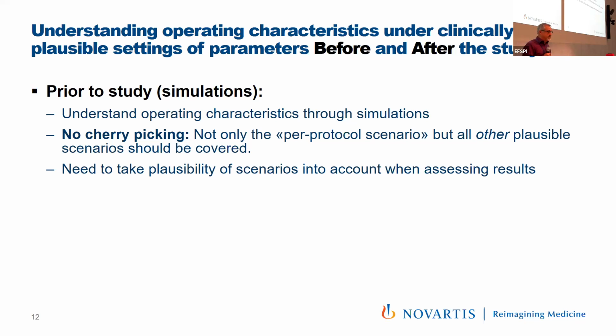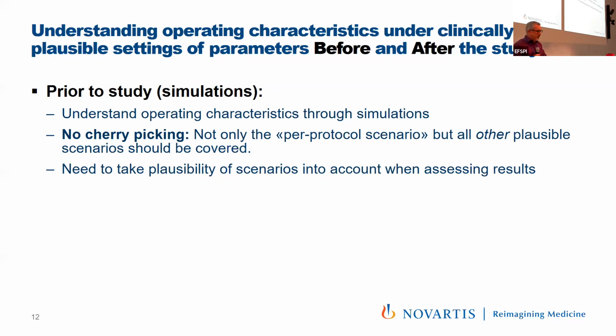do we have disadvantages. I think it's important not only to cover the per protocol set, our preferred assumptions or the best assumptions, but actually the whole range of possible parameters, at least the plausible ones, not all the possible ones, but discuss the plausible ones, or do all, but then discuss it in light of the plausibility of these